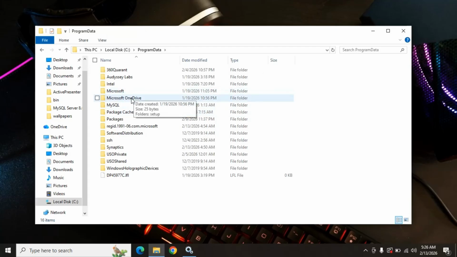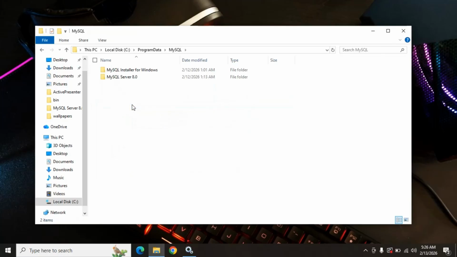Now we are going to see MySQL right inside this folder. So we just click on MySQL. Now here's MySQL Server 8.0, which is exactly what we are looking for. So I'm going to open this. Now this is a file here, the